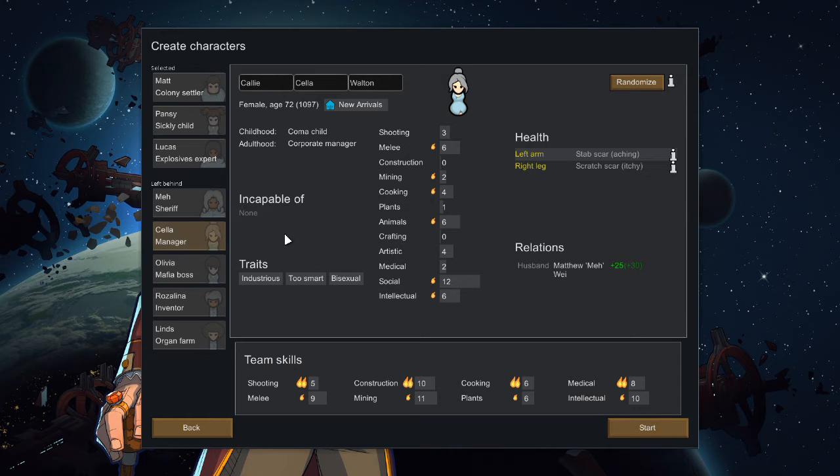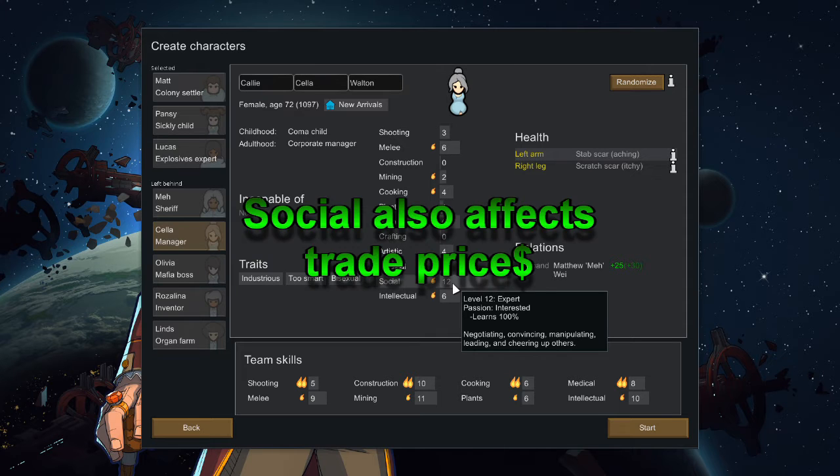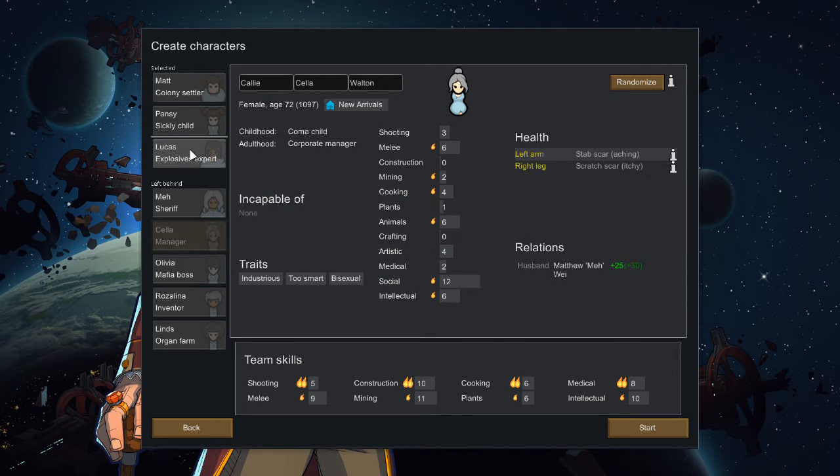Sella. Boy, you're a bit out there for the business. 12 social. And social is important, especially early on, because if you do get the chance to capture people, which you tend to have more chance of doing earlier on than later in the game, then your social will determine how persuasive you are at getting them to join you. And so far, I like her the best. I'm not sure that I'm sold on her, but...